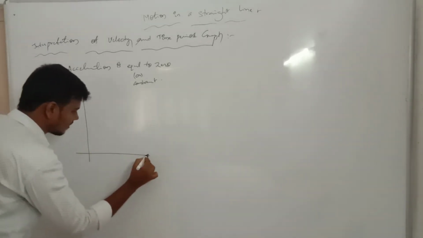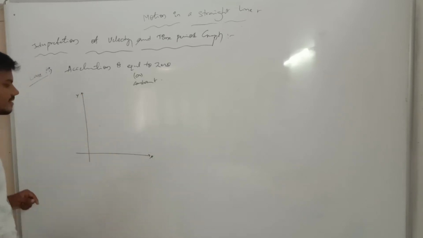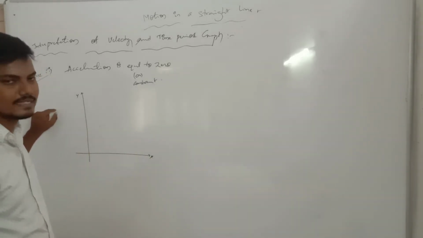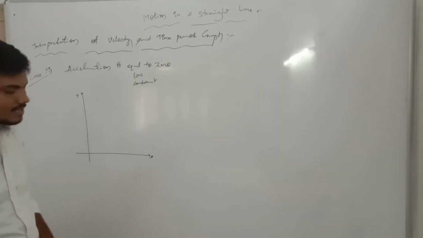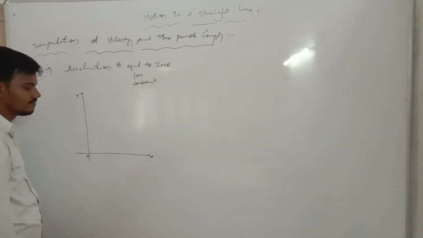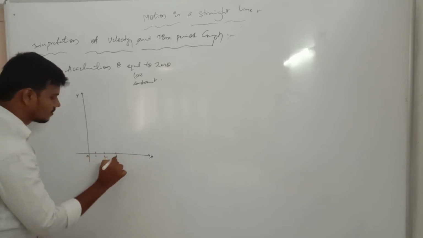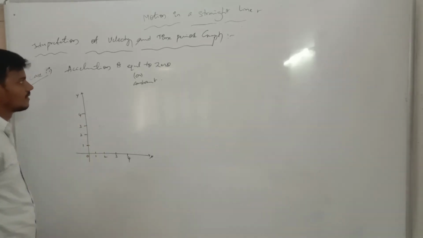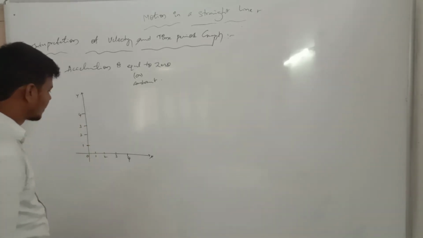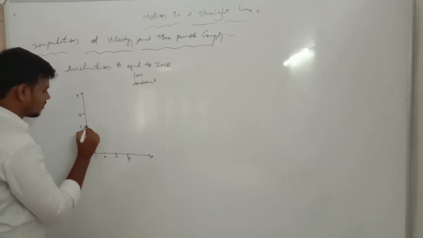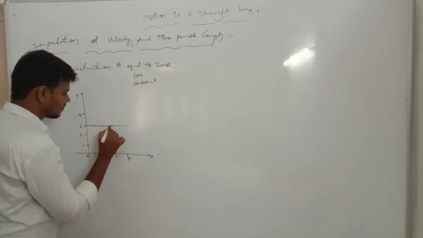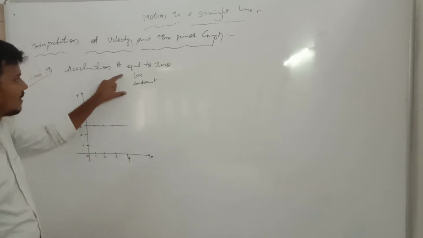This is the graphical one. This one is the x-axis, this one is the y-axis. It will always be represented with the x-axis as time period, and velocity, acceleration, displacement we are giving to the y-axis. Right? This is the oblique point. 1, 2, 3, 4. For example, acceleration is equal to 0. This is the 0th position. The time period 1, 2, 3 will be increasing. The position will always be constant.